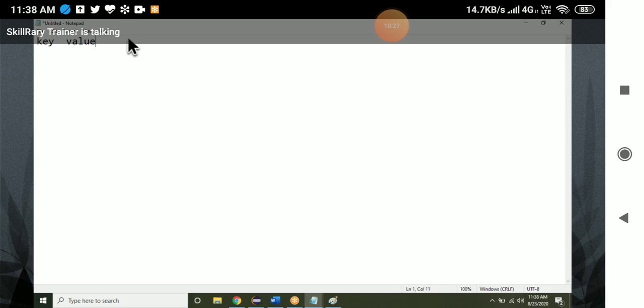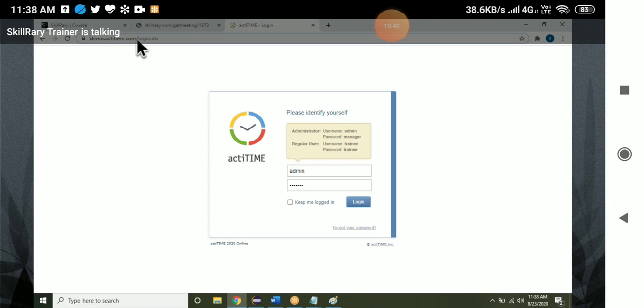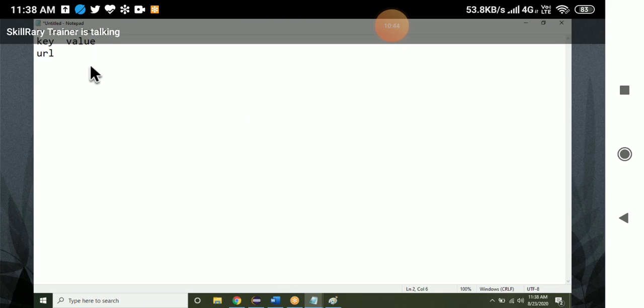And then the value. The key is URL. I'm going to give the key as URL. What is the value? The value is demo.actitime.com. I want to keep three pieces of data: URL, username, and password.